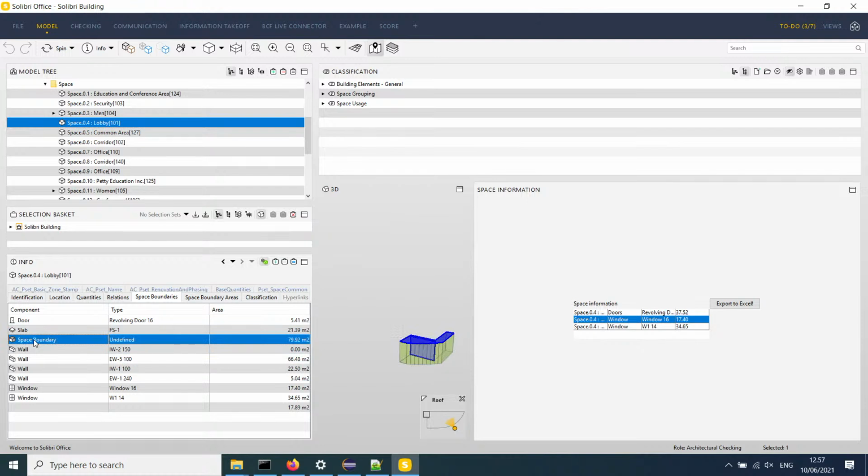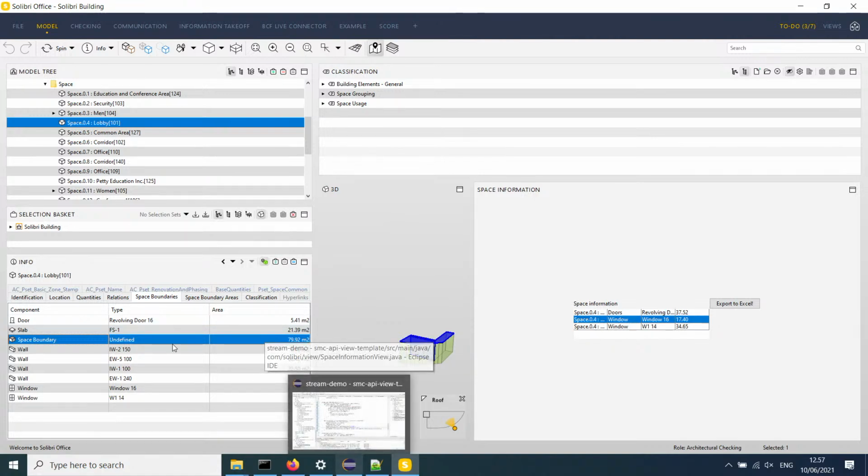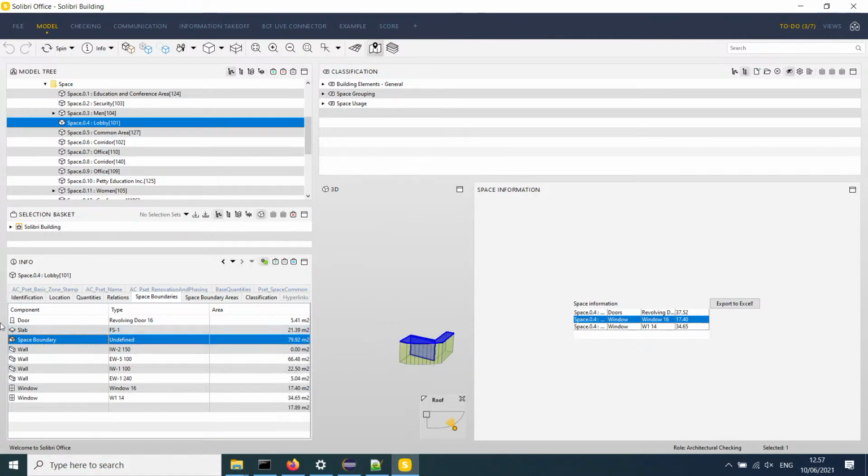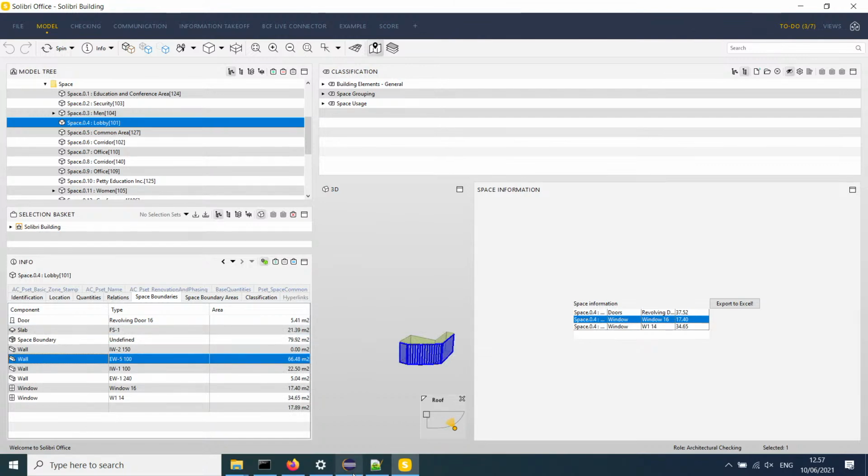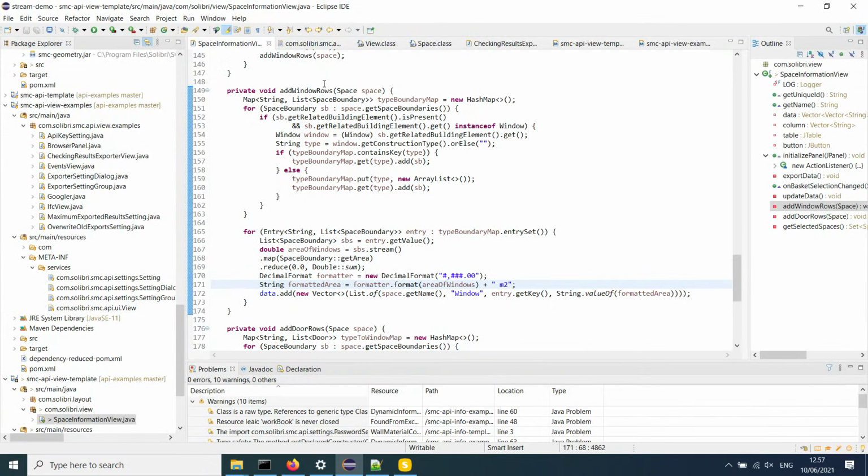The space boundary itself shows just the space boundary itself. We can add that as a special case, but all the others should work with a similar code. So we can try to make this a general code. So let's put a class here and the component class. Let's see if we can make this into a general function, and then